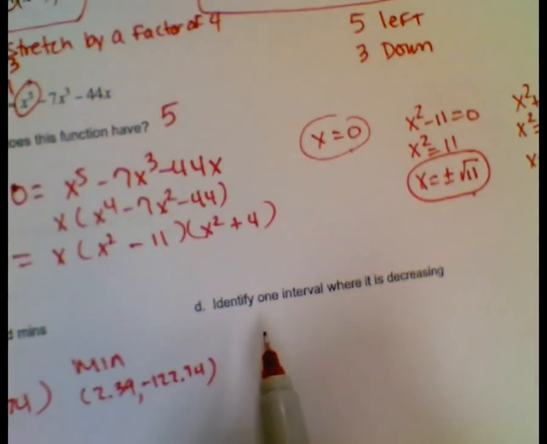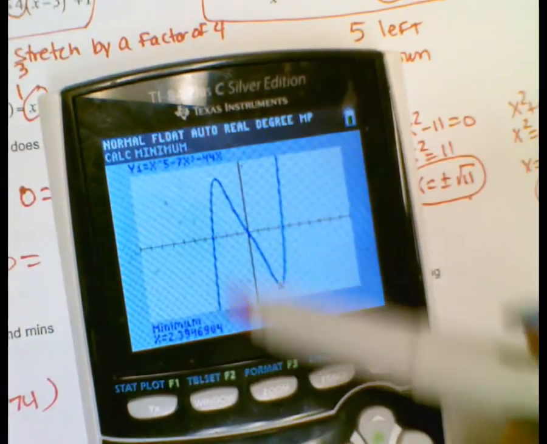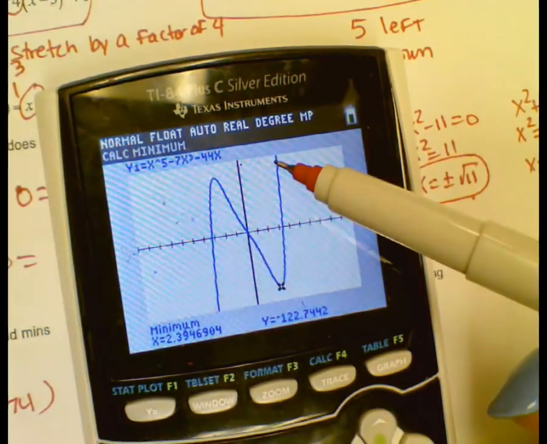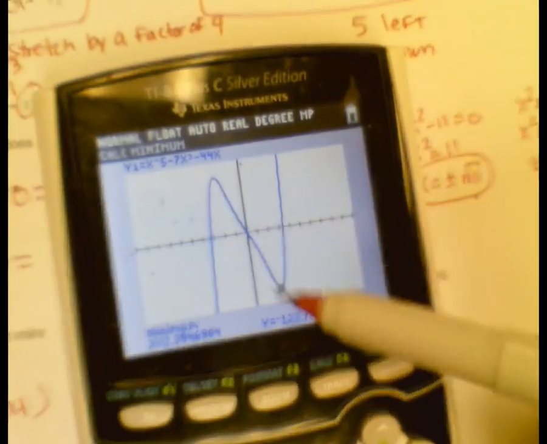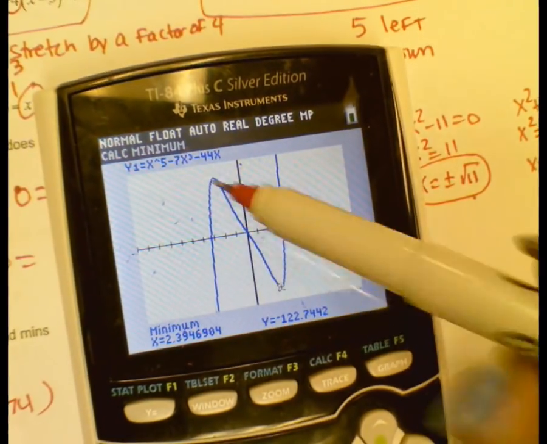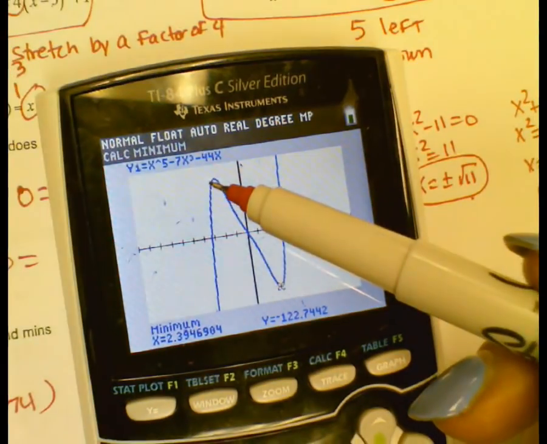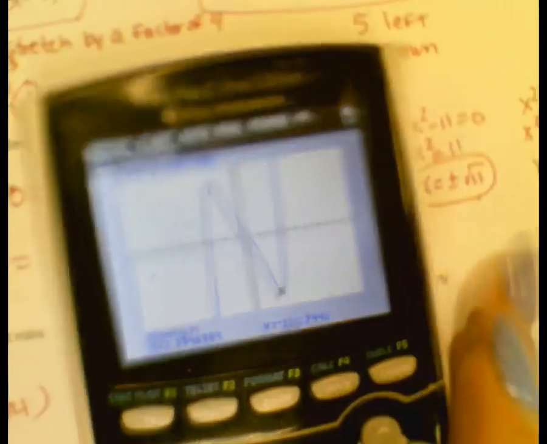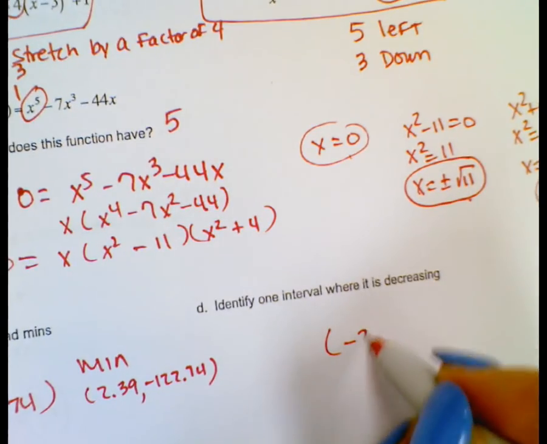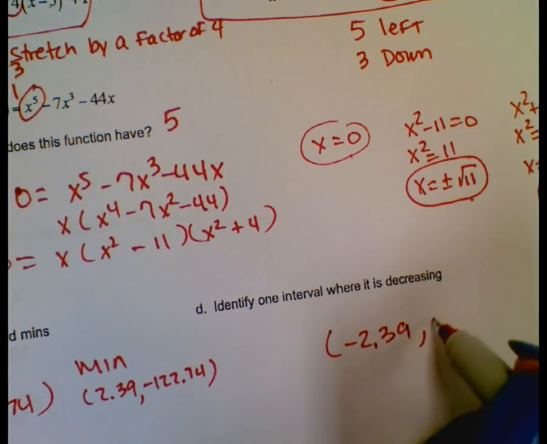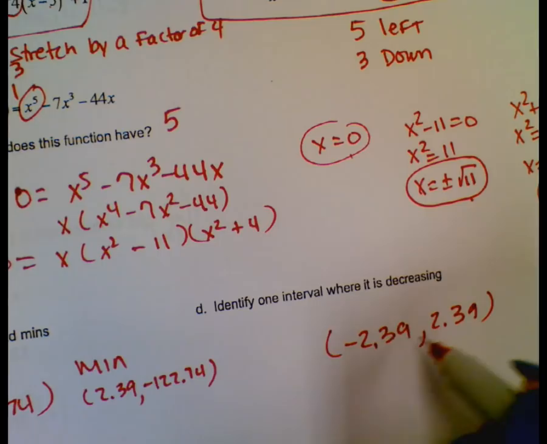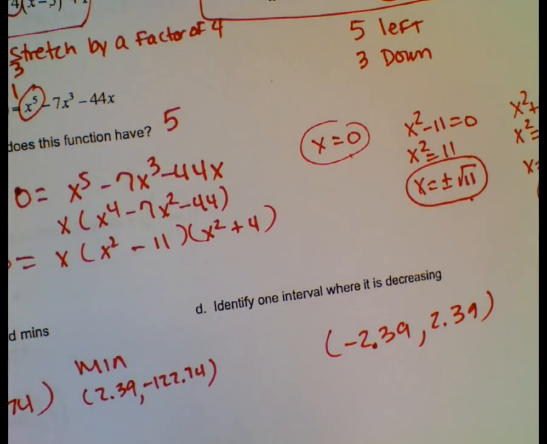Good. Identify one interval where it is decreasing. It looks to me like it's increasing here, decreasing here, increasing here, because you read it left to right. So it looks like it's only decreasing once, so you have to give me this interval. It's from the x of the max to the x of the min. So we only use x's, never the y's. So it's the x of the max to the x of the min, and that's how you do the interval